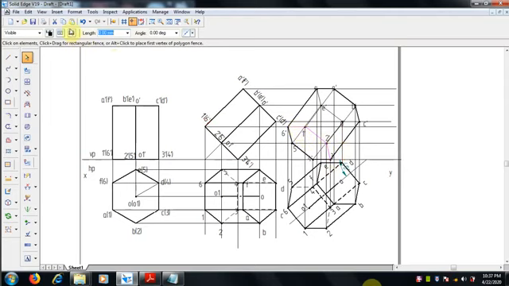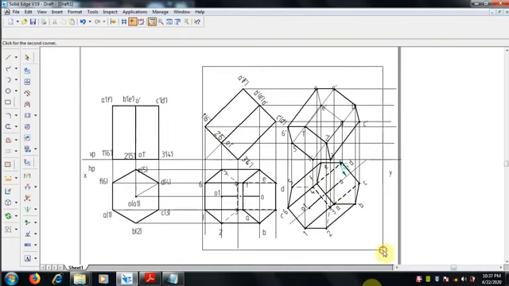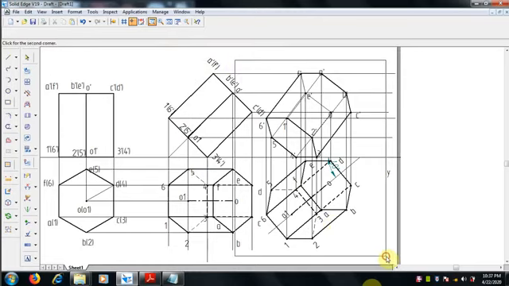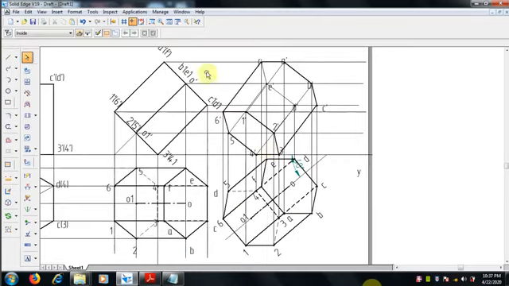This is the second step. The long edges joined with the visible base are also visible. So 1 2 is a visible edge, 1 6 is visible, and 2 3 is visible. The ones joining with these, we can make 0.5 mm thickness.